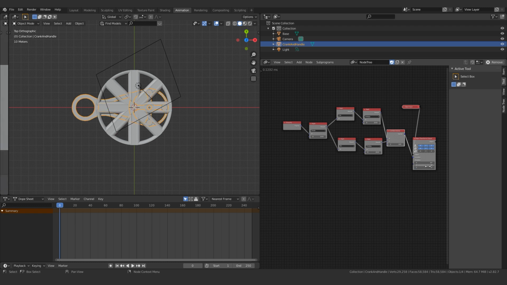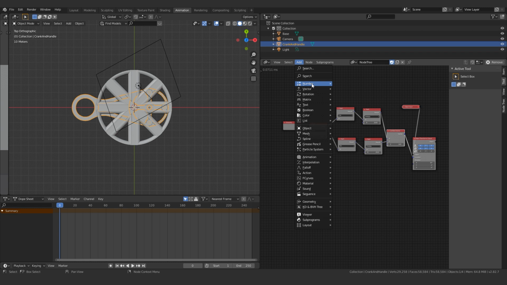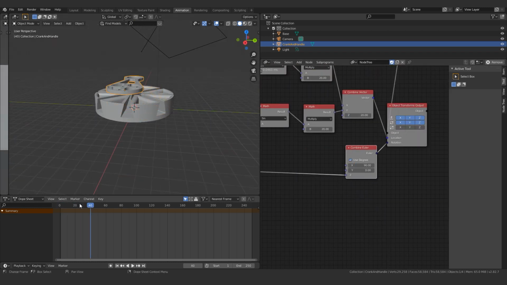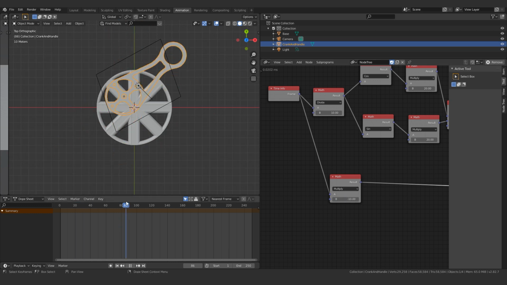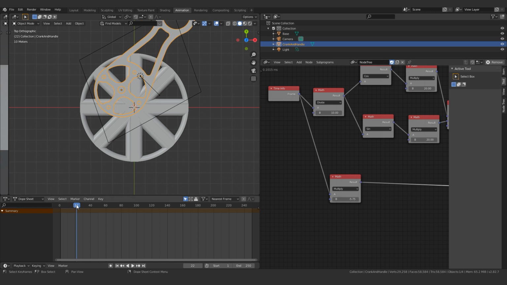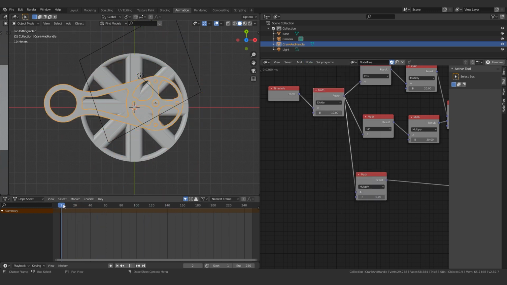Now it's time to set up the rotation. The rotation doesn't involve any sine function, so it's going to be a lot simpler. To get the rotation all wired up, we're basically going to take the division function that comes out of our frame info, pipe that into a multiplication node, and when we attach that to the rotation input on our object